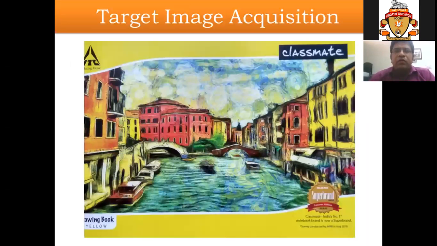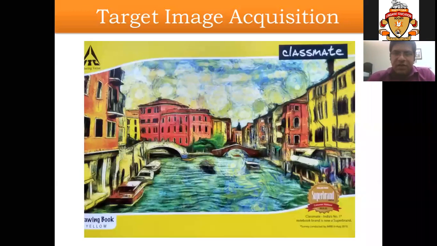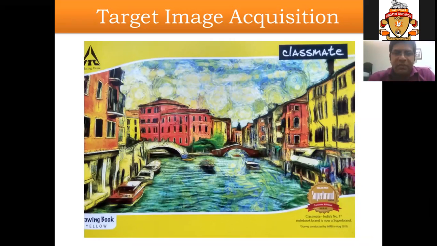When we talk about marker-based AR, that means there is a target image or a target object, which when detected by the computer or mobile phone or the system which is running AR, the computer superimposes a virtual object on the marker image, right? So that is what augmented reality is. That is why it is known as augmented reality. That means we are augmenting a virtual thing on a real-time image.